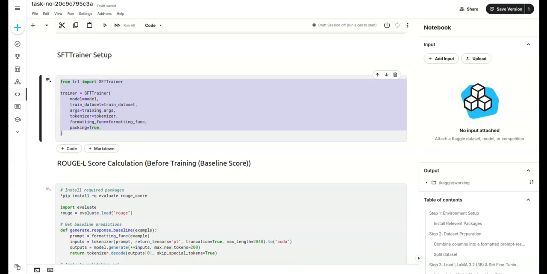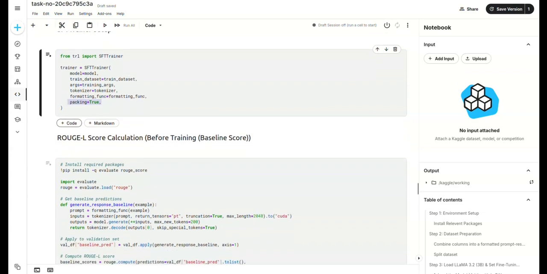We are also passing the tokenizer and the formatting function, which ensure the input is structured with the question, reasoning, and the answer format that the model expects. Setting packing equals True enables efficient memory usage by dynamically packing multiple sequences into a single batch. This setup allows us to easily fine-tune the model using our medical chain of thought data.